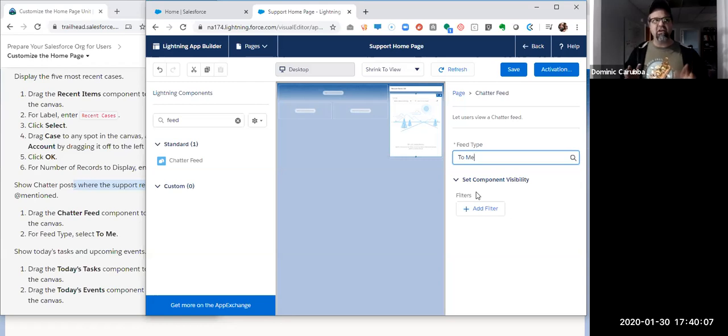Where if you have a problem with a customer, you're going to talk to the customer, you're going to talk to people internally. You're going to talk to people externally. You're going to be calling all these people and having all these notes and records. And that case is going to have a chatter feed. As you start talking to people internally, you might want to see which people in your company maybe are asking you questions, giving you feedback, all those kind of things. So you want to see what's to you,